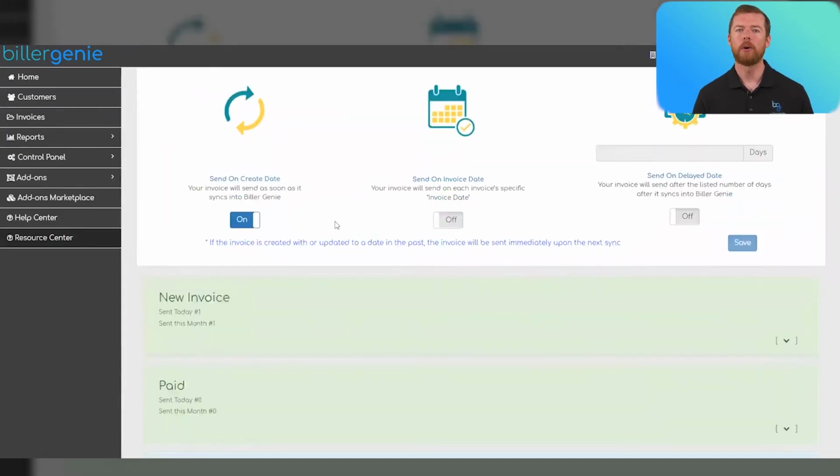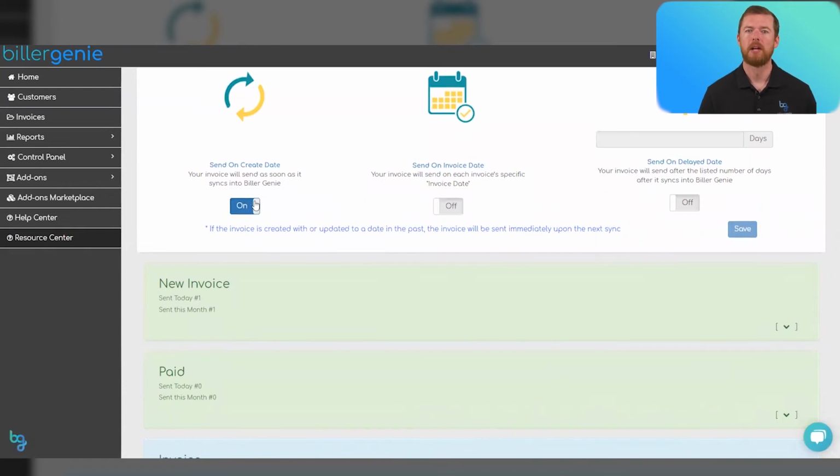Now, of course, we're going to have the due date on there and all of that information, but some merchants don't like that. Some of our clients would prefer to batch that and send out all of their invoices at one time. And so you might spend the last week of the month creating invoices, updating invoices, and then you want to send them all on the first. Well, you can simply go here, toggle off that auto sync concept where they're sending it on create. And instead, you can do other options where they're sending it on the due date. And so by default, you can set these things up as far as that initial email that goes out, and you can customize that user experience completely,